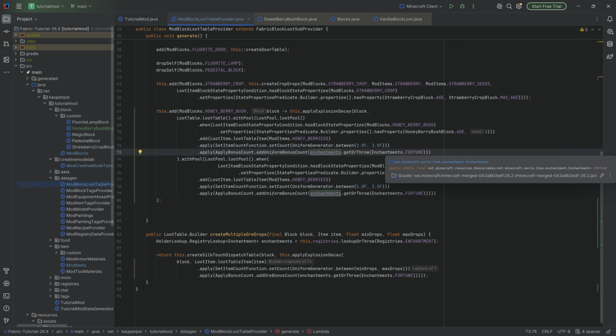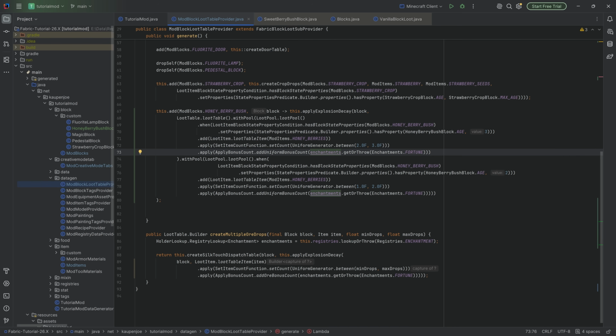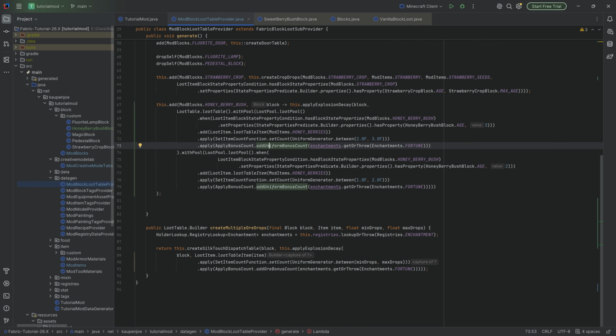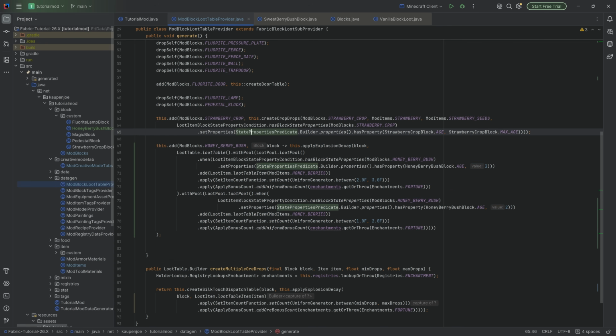You know, we can use this, and it adds that particular key in here. In this case, it would be a uniform distribution if we are cutting down the honeyberry bush with a fortune enchantment. It's a very similar thing that we've seen in the multiple ore drops. Nothing too crazy here, so there we go. Yeah, so we want that one as the loot table,